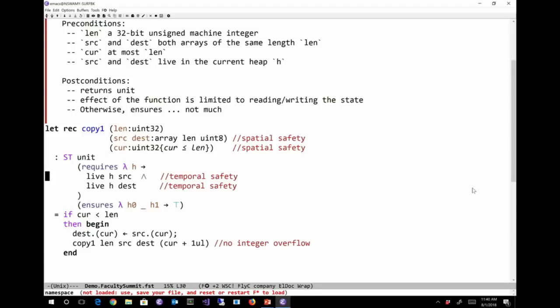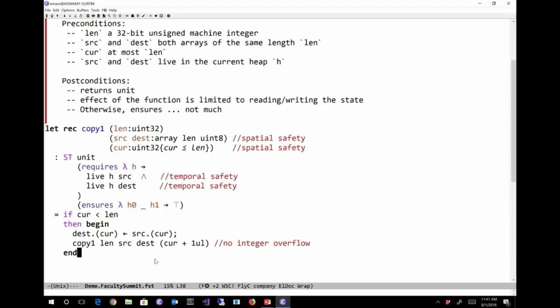And this demo is a very simple example that's showing how you may copy the contents of one array to another, from the source array to the dest array. And the way in which you do this copy is really simple. It's a recursive function that assigns the current byte of source to dest and then recurses, increasing the counter by 1.